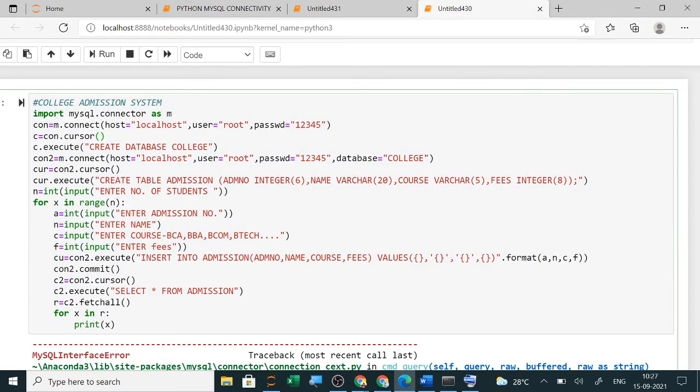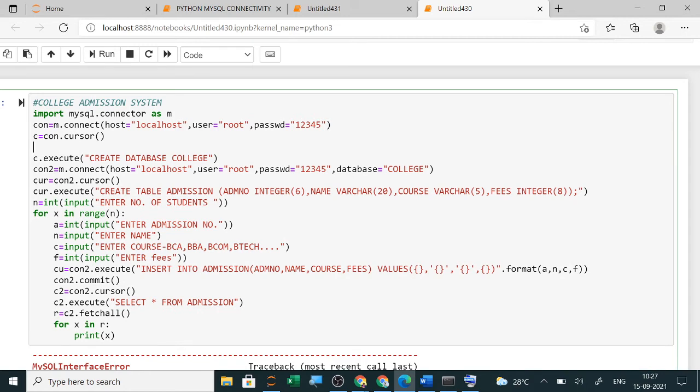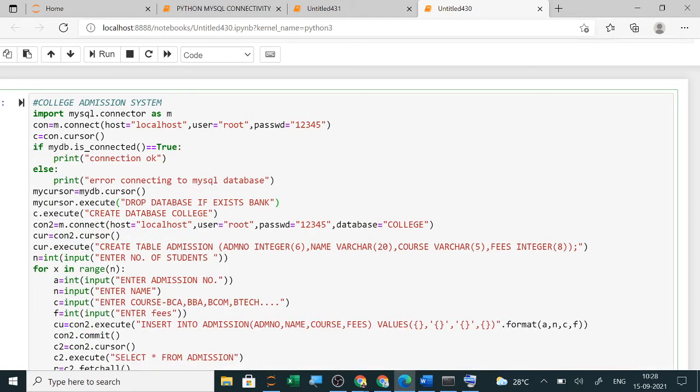Since this table already exists, I am writing it here. Now the connection is your con, so it will check if the connection is okay, then it will print yes, connection okay. So I am using con here. Cursor you can write afterwards also.